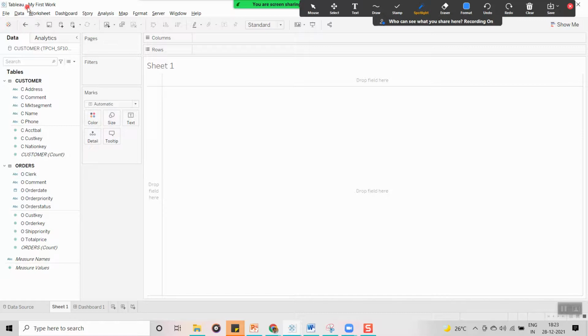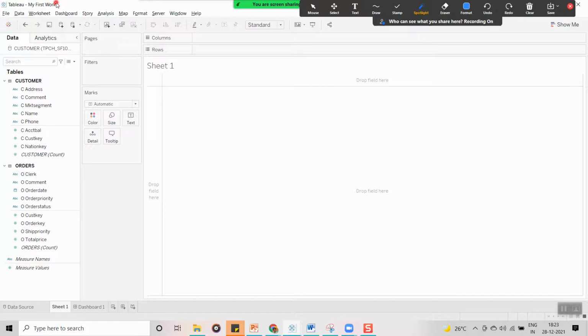Once you save it with a name, like I have saved this file as My First Work, you can see the workbook name here. If you haven't saved, by default it shows Book1, Book2 or Book3.